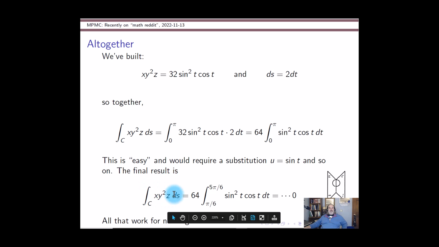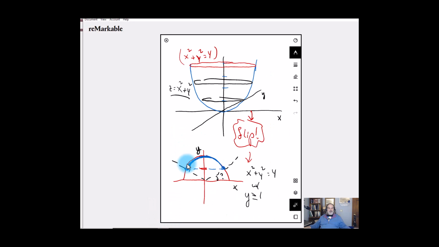So think about the fact that what you're doing with this contour integral is you're like the little calculus ant, and you're walking around that circular arc. And at every point on that circular arc, you're picking up values of the function xy squared z, and you're accumulating all the values of that function. Now, if we go back and look at this blue arc, remember the function is x times y squared times z. So y is always positive, z is always 4 for this case,